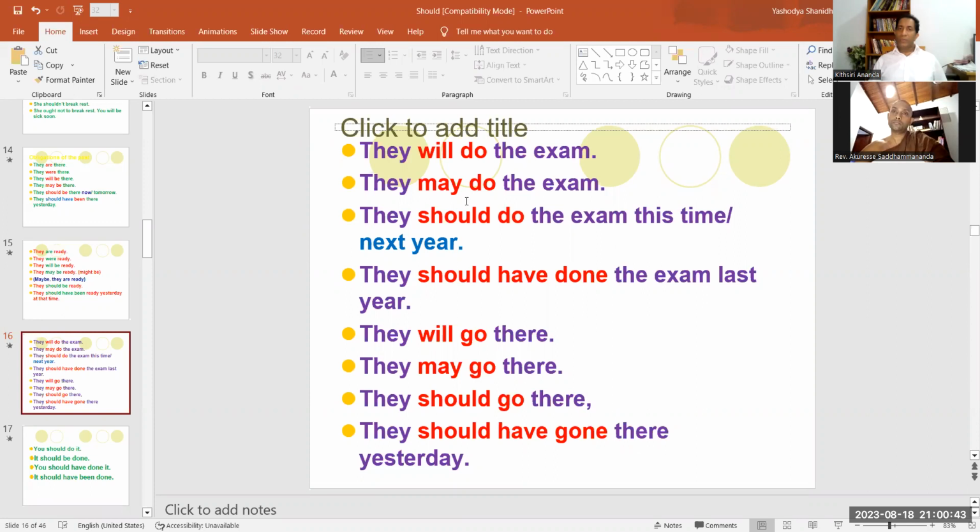So you can use should plus base form to cover the present. Again, you can use should